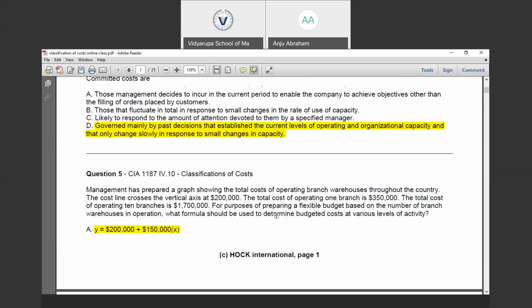So your unit variable cost for one branch will be 150,000. Let the number of branches be x. 150,000 into x will be the total variable cost and 200,000 is going to be our fixed cost. So the total cost is going to be 200,000 plus 150,000 into x. Are you clear?